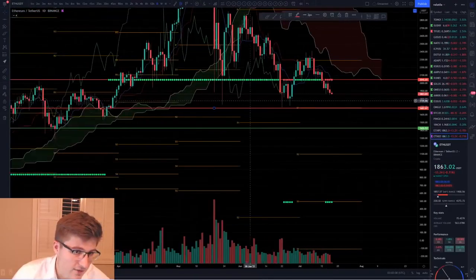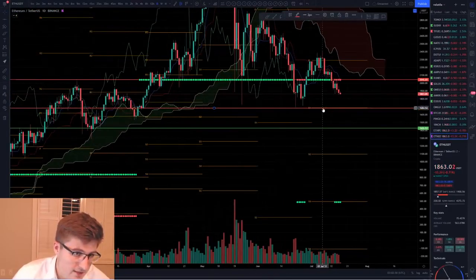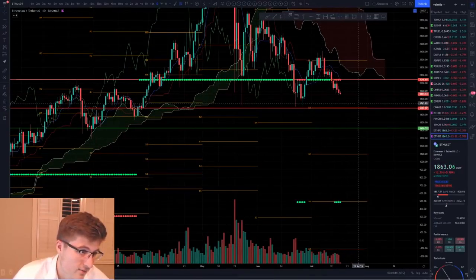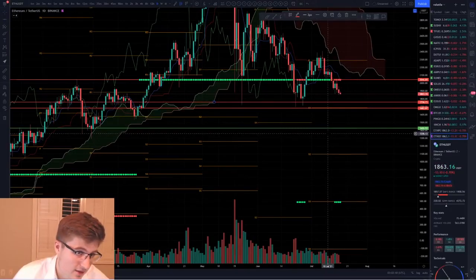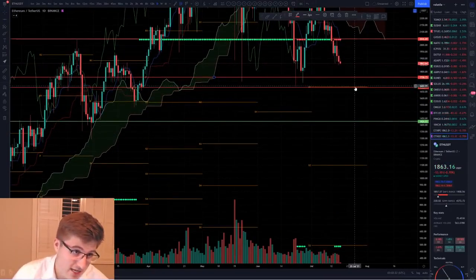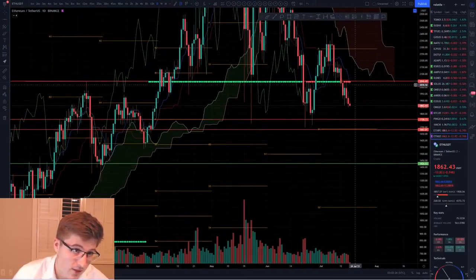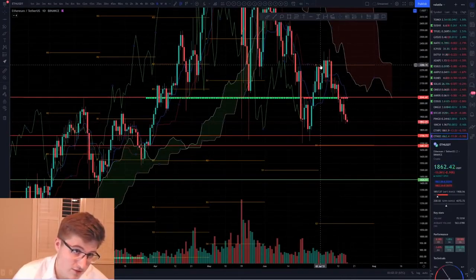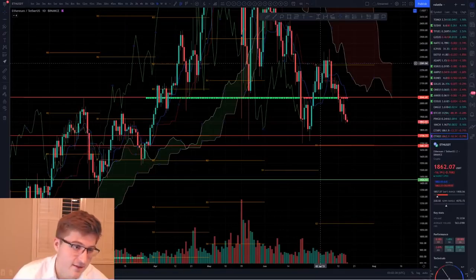All right, on the daily, we have support 1 at 1684. It really does look like price is going to come down to at least this 1600 level. If not, we have this pivotal point from back there around 1758. If we break through 1758, expect a little bit of support around 1684. And if we break out to the upside, expect us to break 2000 and then come up to this point of control, which is around 2288.